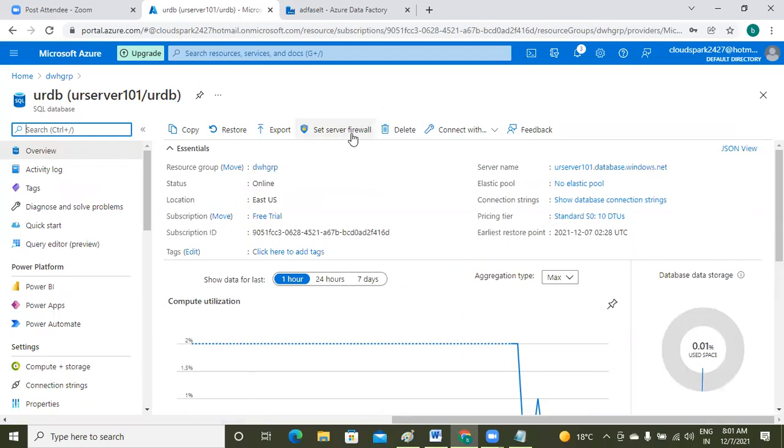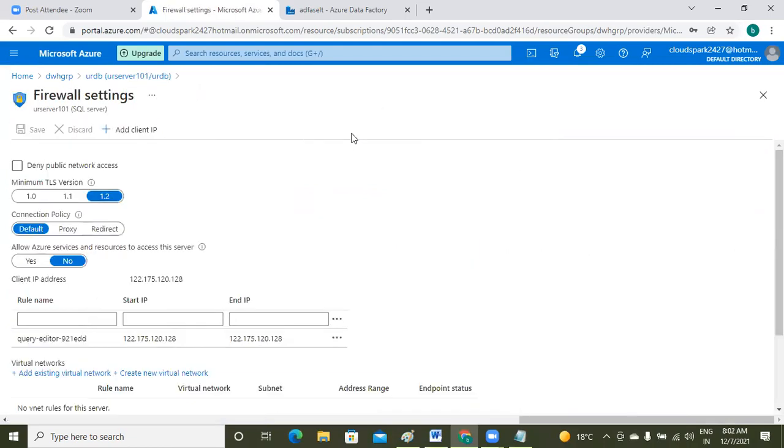Here observe set server firewall. Just click on that. I'm giving a server name. The rule name is for linked service. I'm giving the end IP. Already told you, based on my fast observation, if the IP is dynamic, the count will keep decreasing. That's why here in the start, I'm giving